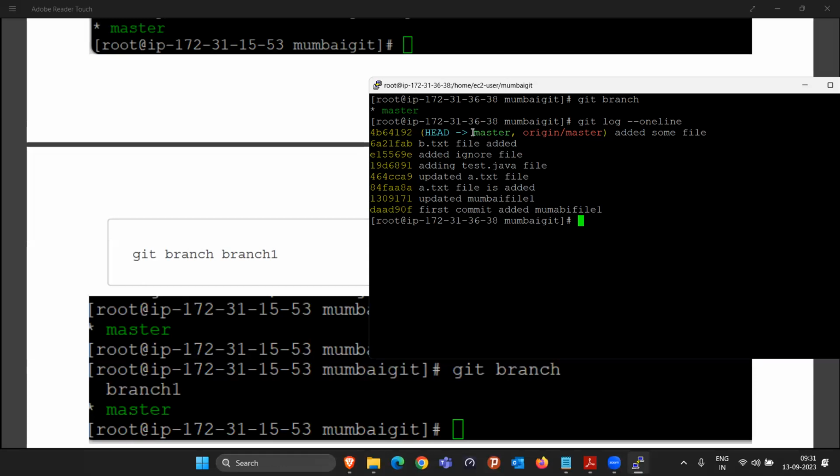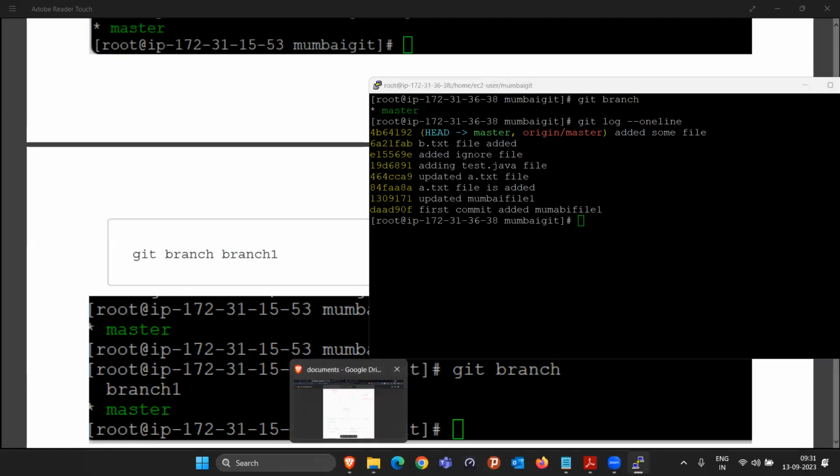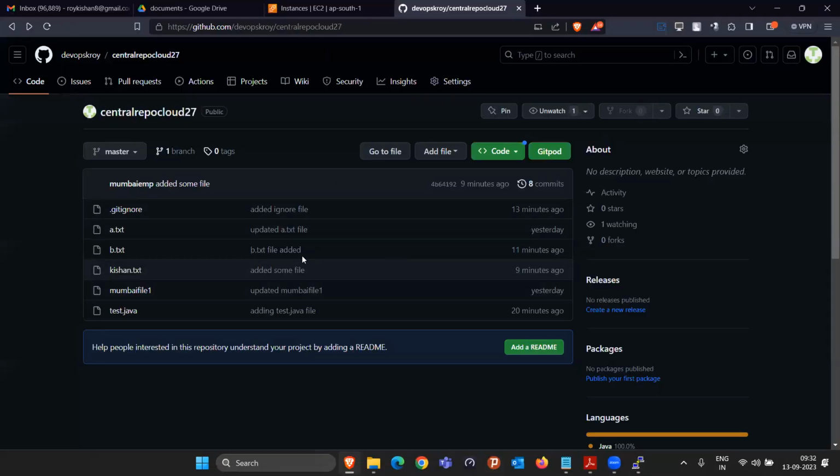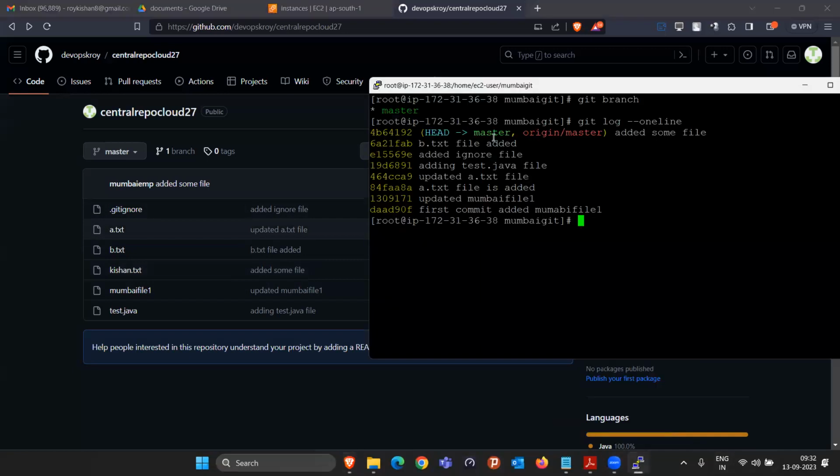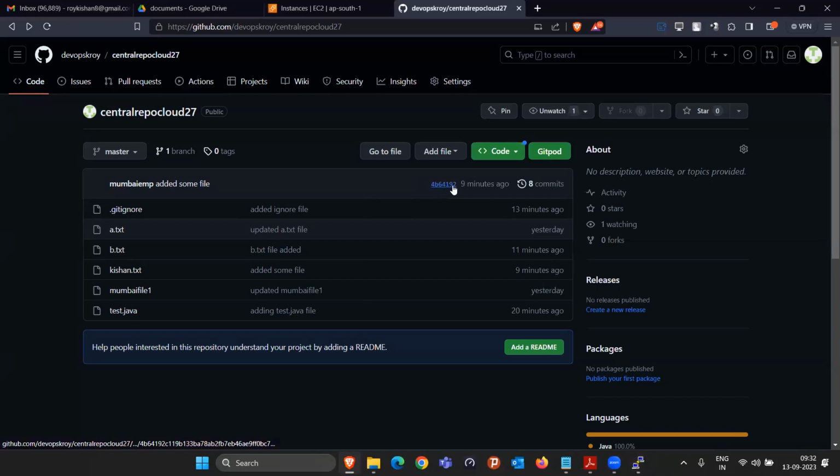No, see, this first master is the local master branch that is present in my local machine. And this origin slash master is basically the master branch that is present in this GitHub repo. So if master and origin master are at the same position, that means whatever I am seeing locally, that this is the last commit 4B641, right? And origin master is also pointing to the same position, that means from here also we'll see the last commit is this one only,